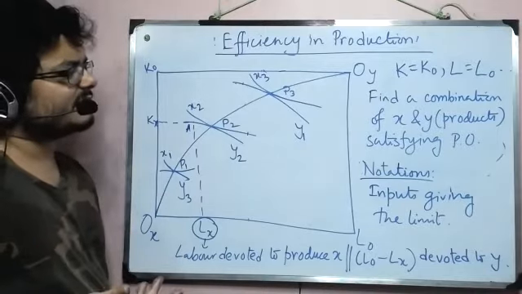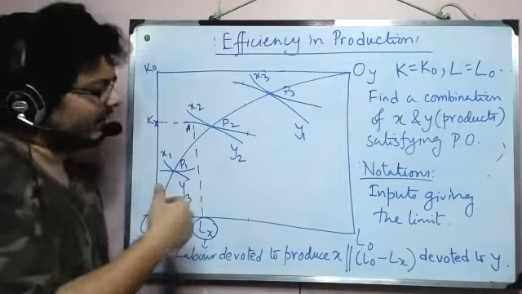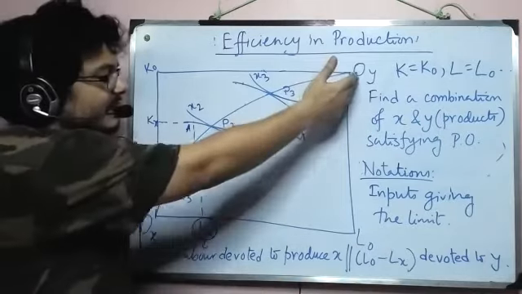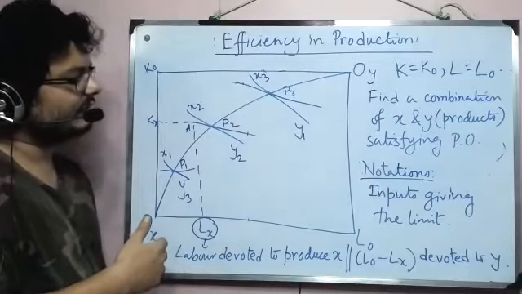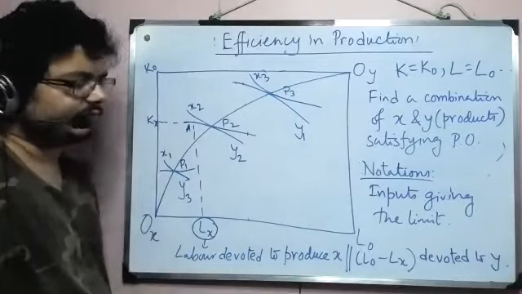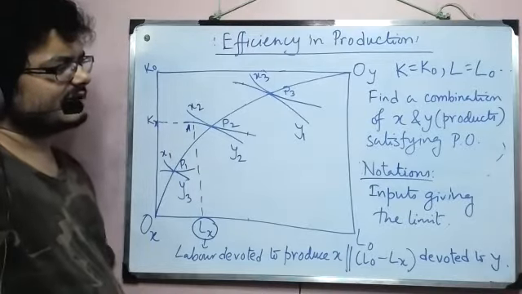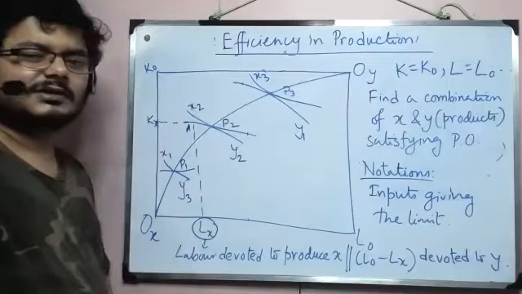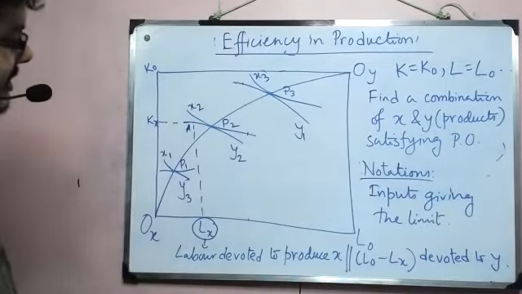All right. And we are searching the amount of production which is Pareto efficient. Here also all these possibilities remain the same, that you can produce entirely x at this point. You can produce entirely x, okay, and not at all y. All right, and that's Pareto efficient and all. So all these arguments remain the same, and so to that extent we are not really interested in those things, but we are interested in something else here.